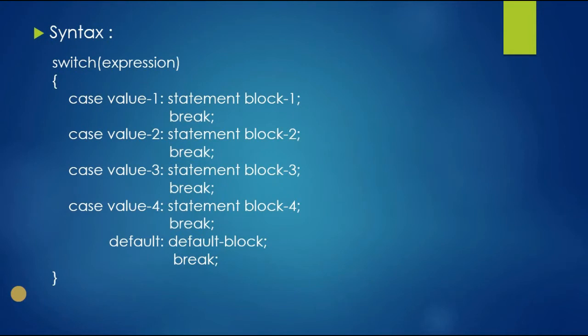This is the syntax for the switch statement. Here we are seeing switch is our condition. Inside that we are given an expression and then we are given case 1, case 2, case 3, case 4 and a default. The expression in a switch evaluates to an integer value which is then compared to the values present in the different cases. It executes that block of code which matches the case value. If there is no match, then the default block is executed if it's present.